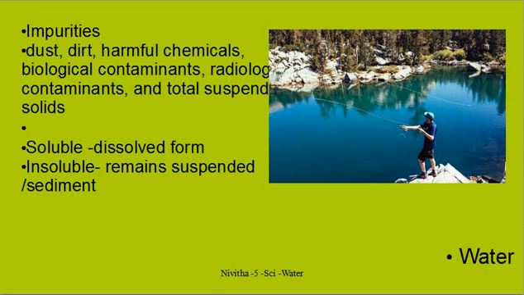There are lots of impurities in the water. The impurities can be in the form of dust, dirt or harmful chemicals. It can be microbes. A biological contaminant is a microbe or pathogen like a virus or bacteria. Then we have radiological contaminants, that is radiological waste, and suspended solids. So many things may be floating around in water. When you take a handful of dirty water from a seashore or a river, you will find all this. That is because human beings don't adequately take care of keeping the sources of water clean.